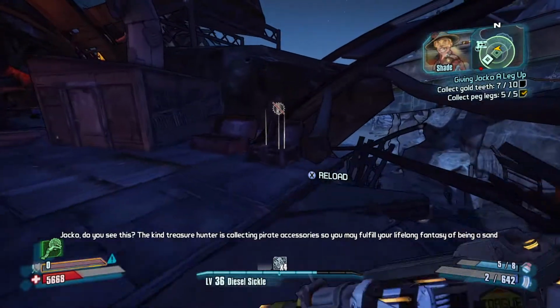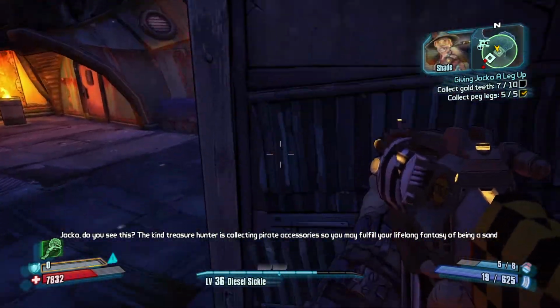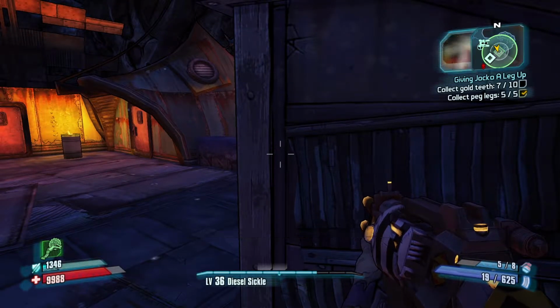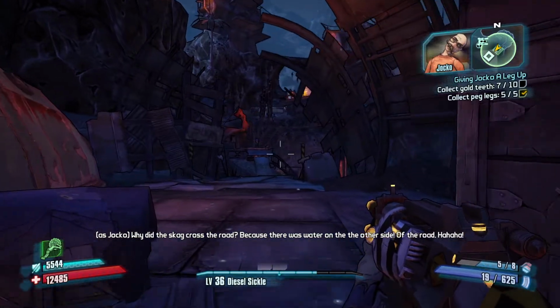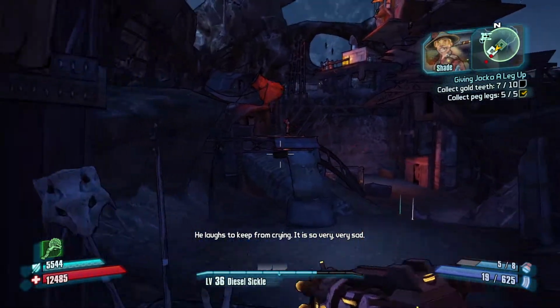The kind treasure hunter is collecting pirate accessories so you may fulfill your lifelong fantasy of being a sand pirate, which was cut short thanks to a tragic childhood injury. Why did the skag cross the road? Because there was water on the other side of the road. He laughs to keep from crying. It is so very, very sad. You're going down,